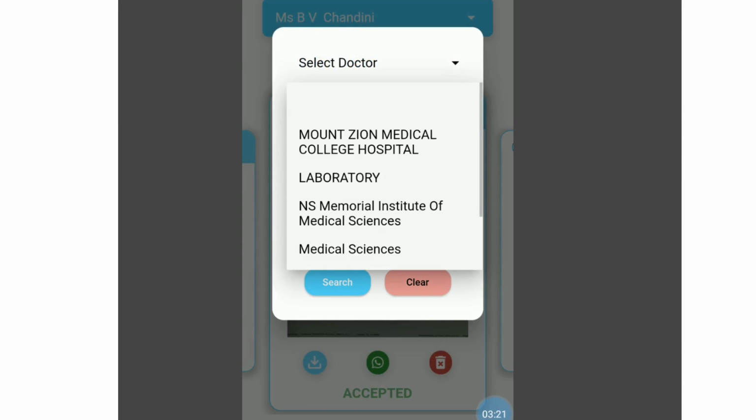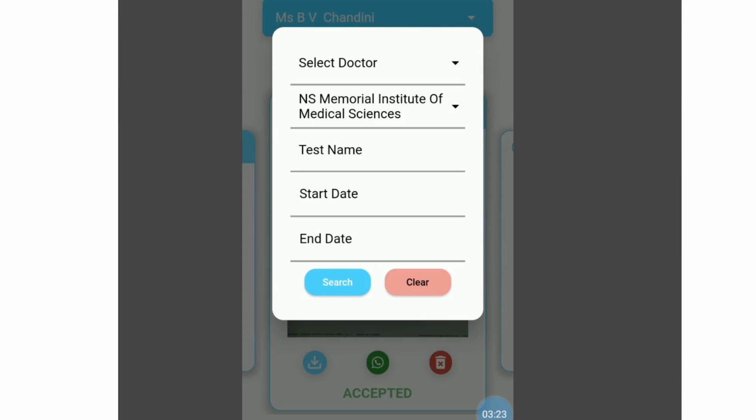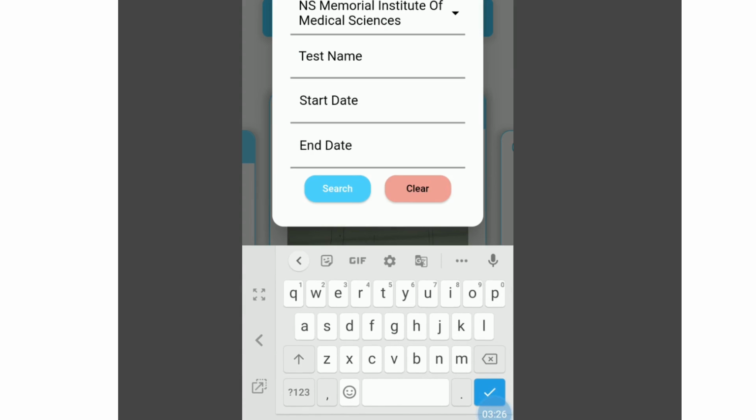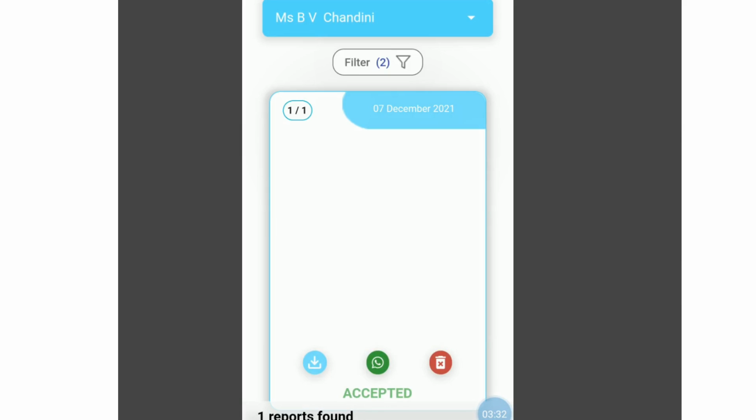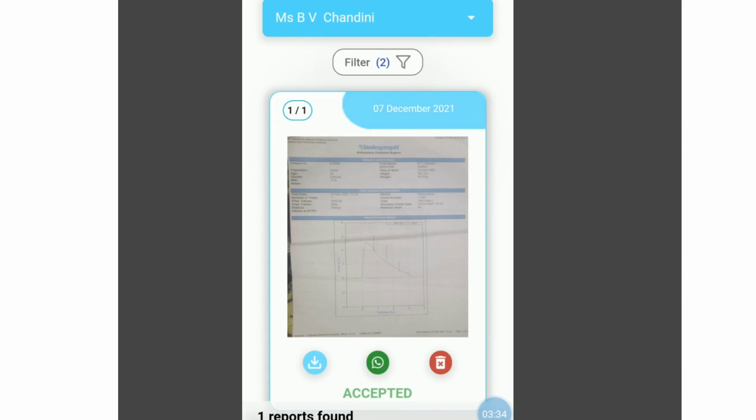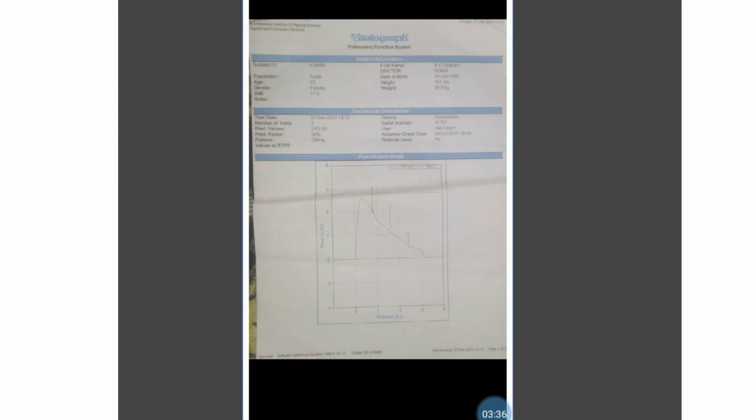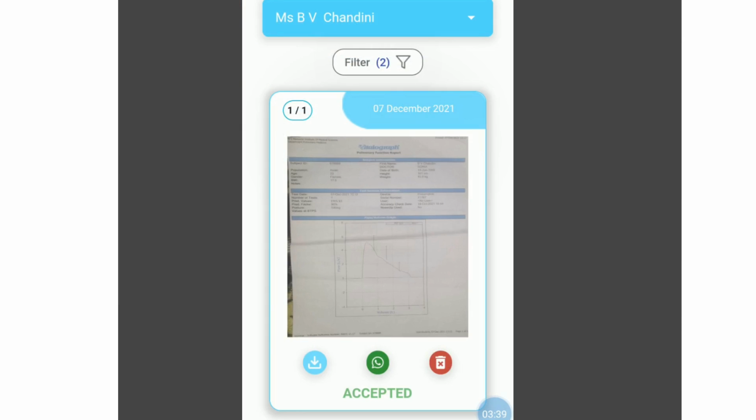So I want to search for medical test report of NS Memorial and the test that I've got done recently. Now I click on the button search, and looks like I have found the one medical report that I was looking for.